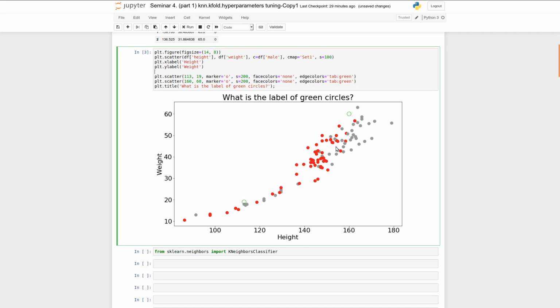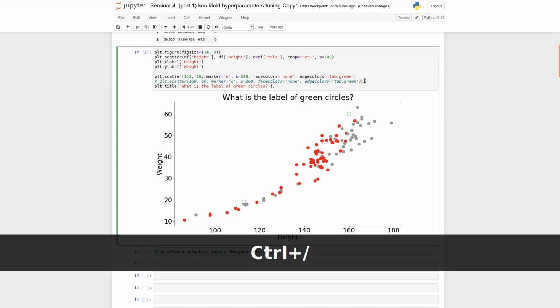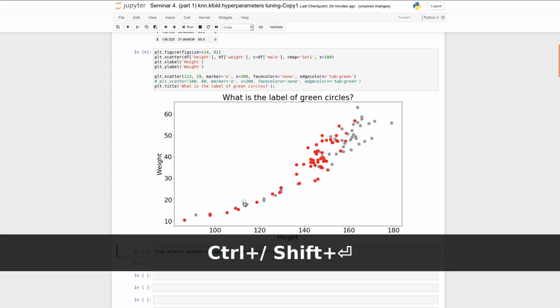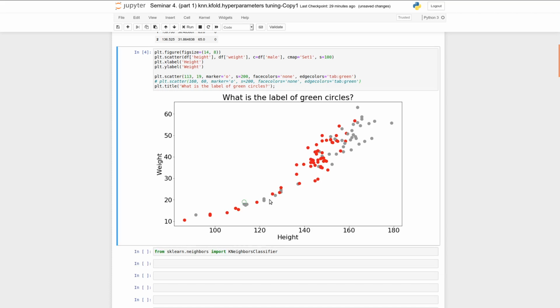So this is a simple classification task, and how could we solve it? For example, for these two green points, for which we do know their height and weight, but we don't know their sex, how could we determine their sex? Let's consider this point as a small example. One reasonable thing to do is to look for some observations